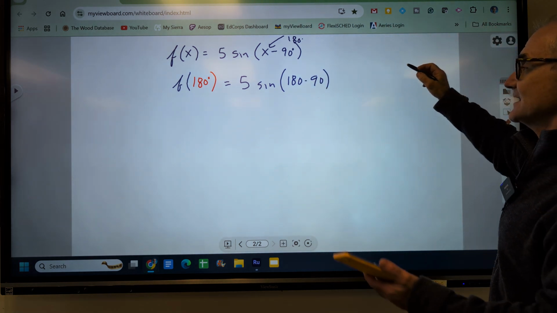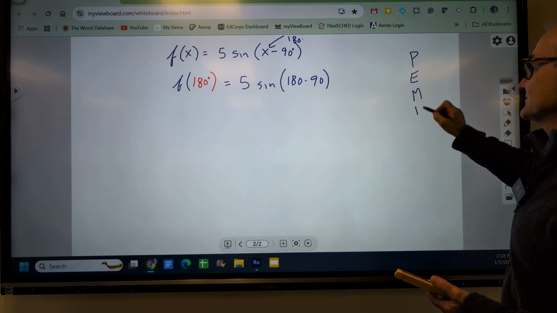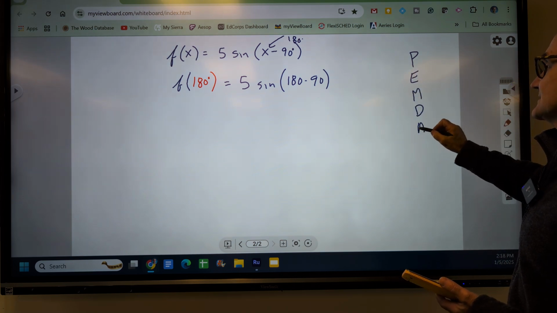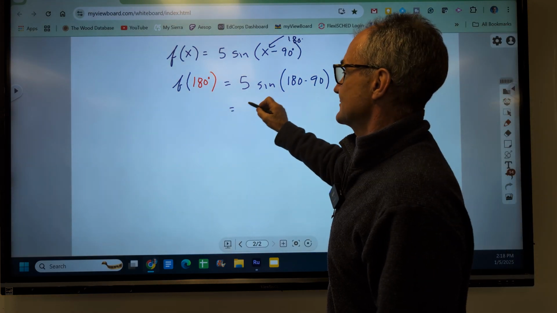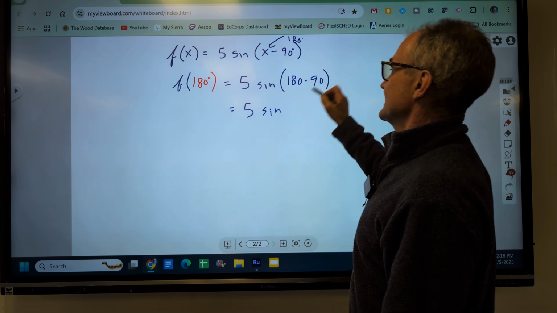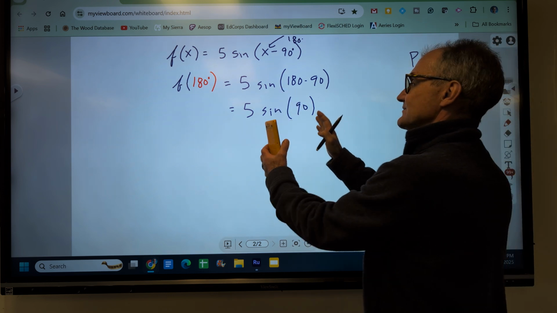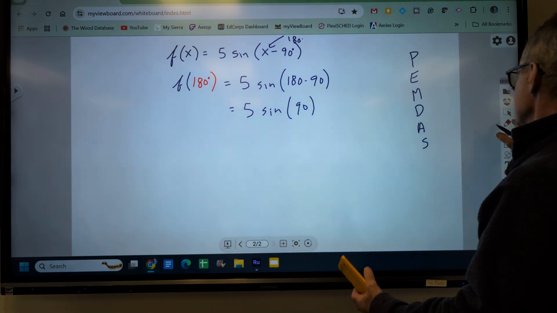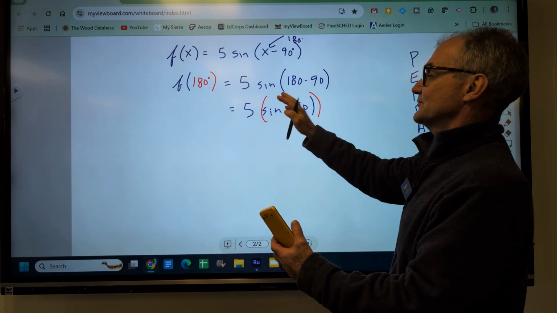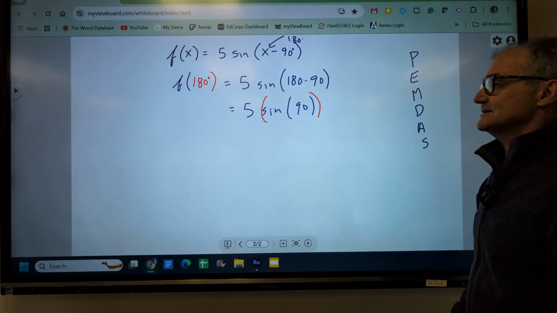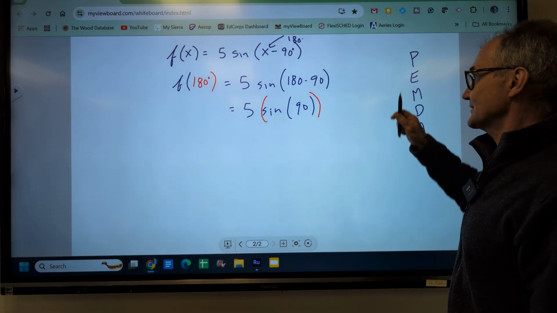Now remember PEMDAS is parentheses, exponents, multiplication or division from left to right in order, then addition, subtraction. So I got to do my parentheses first. So this is equal to 5 sine 180 minus 90 is 90. Then this whole thing, even though there aren't parentheses around it, is really still in parentheses because it is a separate operation. I am performing the sine function on that 90 degrees. I might know that sine of 90, I can figure that out as an exact value problem in my